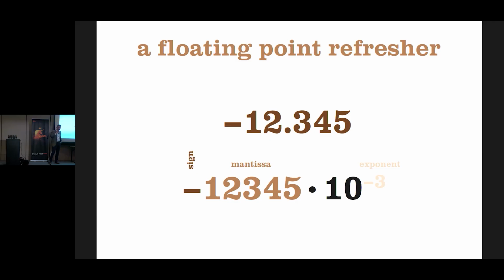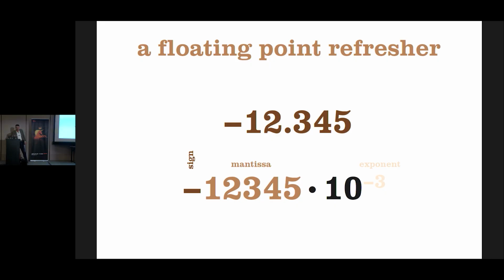But it turns out that if you want to capture the idea of a number with a fractional part in a base 10 system, or really in any system, because you can alter these quantities, you have to specify three things. You have to have a sign bit, a sign quantity, some way of indicating positive or negative. You have to have a mantissa, sometimes called a significand, which is basically the magnitude of the number. And then you have an exponent, which is a sliding scale. It tells you how far to the left or the right. Now, you run into these all the time. Sometime in high school, you run into engineering notation on your TI-84 or whatever you're working with. And you get used to the idea that sometimes you write an E3 or E-3 after your number to get that right.